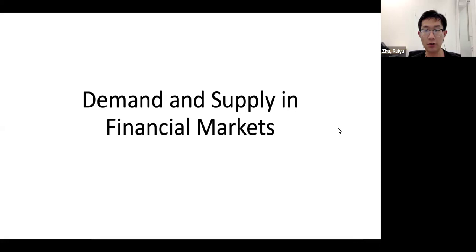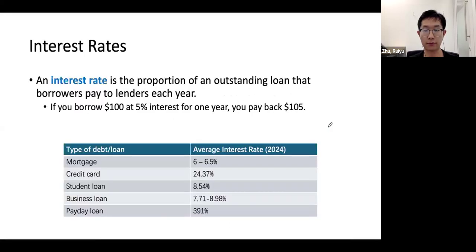Another application here is the financial markets. We can also use the demand and supply framework to analyze the financial markets. So you can see the demand and supply framework actually is a very powerful tool in our economic analysis. So in the financial markets, the key price here is the interest rates, that the interest rate will adjust demand